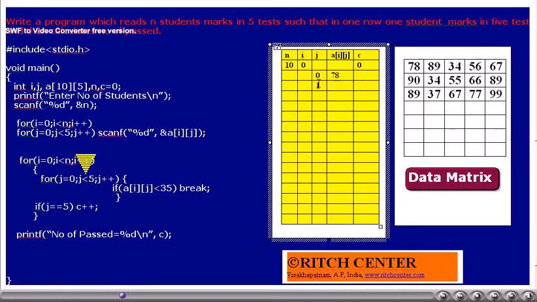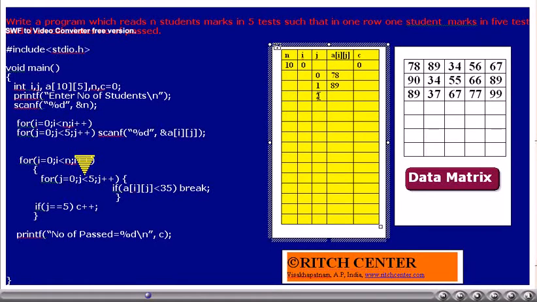j less than 5? Yes. Thus, inner for loop is going to get executed once more. A[i][j], that is 89, is it less than 35? No. Thus, we will not come out from the for loop. j value will be incremented by 1.